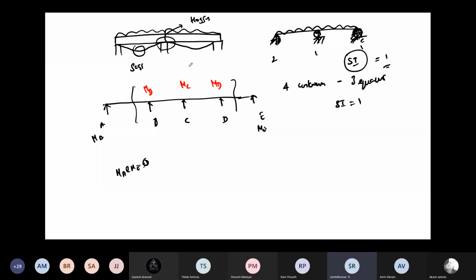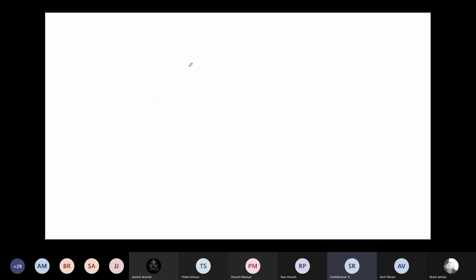It's a kind of a force method. Like initially we discussed, we are having two methods: force method and displacement method. Force method means forces are unknown. Displacement method, displacements are unknown. Here, forces are unknown. MB, MC, MD are unknown. There, in slope deflection method and moment distribution method, theta and delta are unknown. So we used to find theta and delta, then we will find the moments. But here, directly we will find the unknown moments. So that is coming under force method. Okay. So now we'll go for the derivation.